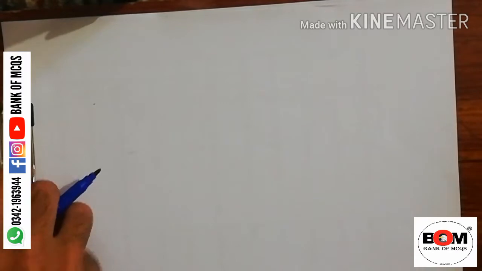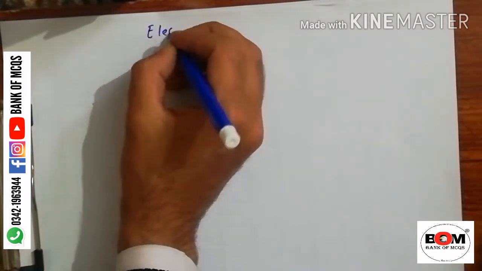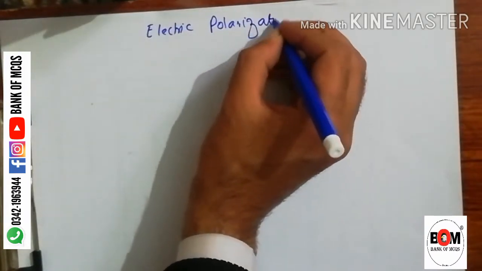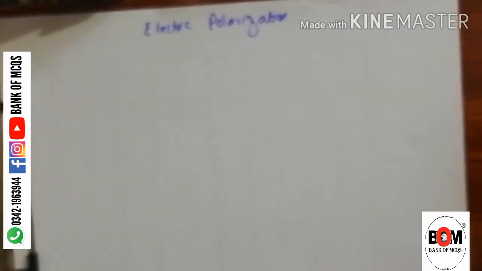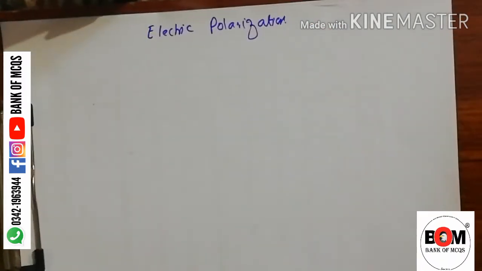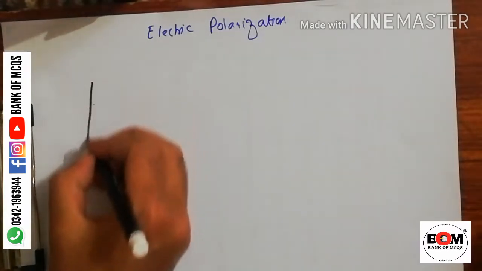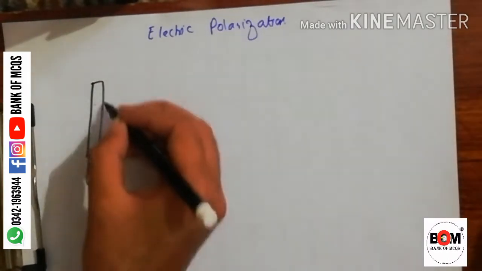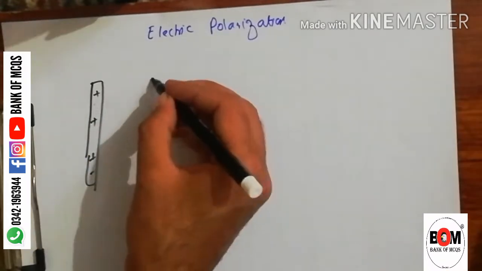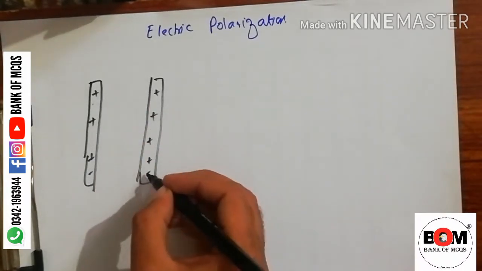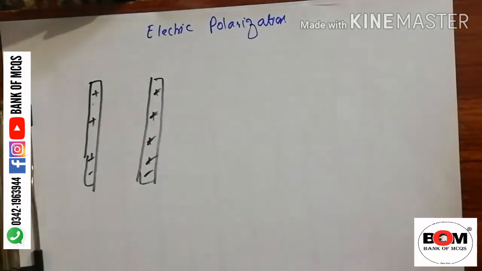The next is electric polarization. So an insulating material with relative permittivity, or dielectric, ER, is inserted into initially charged parallel plates of a capacitor. For example, if we have parallel plate capacitors that are charged, charged means positive and negative charge. If we have two plates, one is positive, so the other will be negative. So if we put a dielectric, either polar or non-polar.